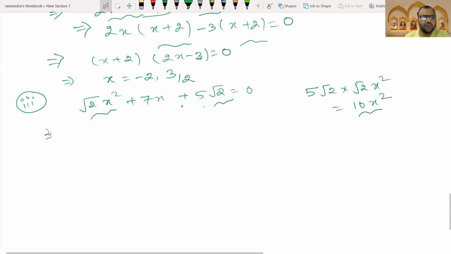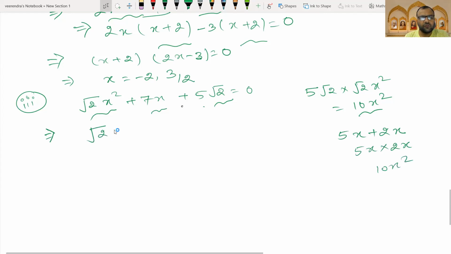So we have to split this term such that their multiplication should come as 10x square. So 7x can be written as 5x plus 2x, and the multiplication of 5x and 2x is 10x square. So I can write it as